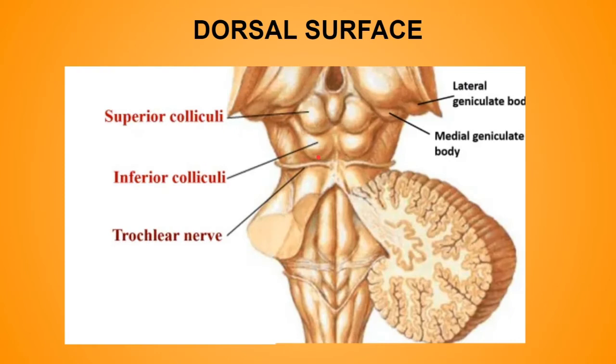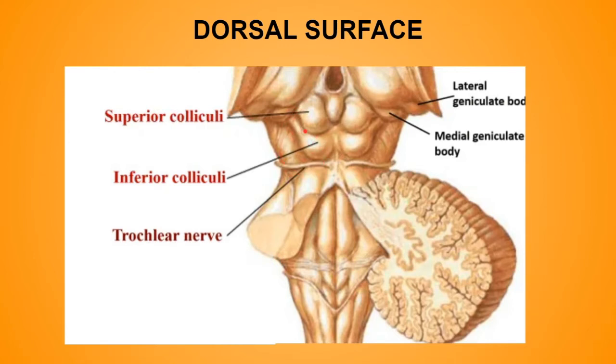Next are the trochlear nerves. As you can see, these are the trochlear nerves, and they emerge one on each side of the upper part of the frenulum veli after decussating in the superior medullary velum. Now thick ridges of white matter extending from the lateral side of each colliculus constitute their brachia. As you can see, this is a colliculus and this is the brachium extending from each colliculus.